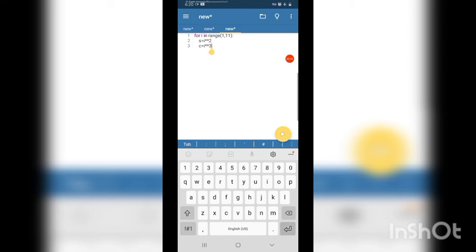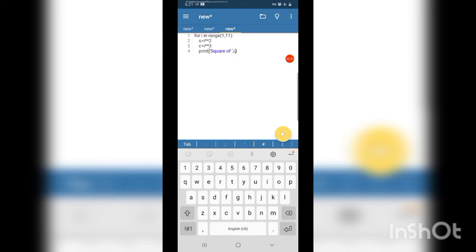So we can print it, then only it will be displayed. So print in bracket, we can write single quotes square of, we need the value of I. So comma, I should not be enclosed in single quotes.